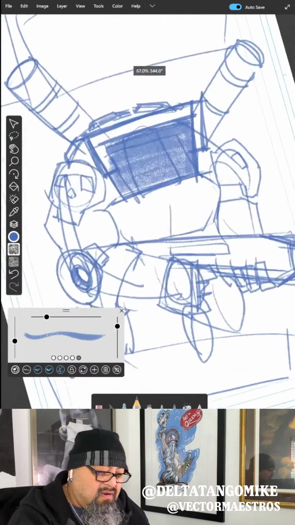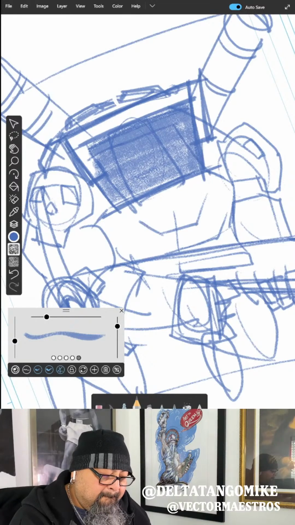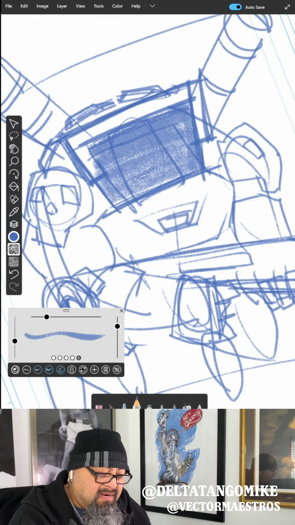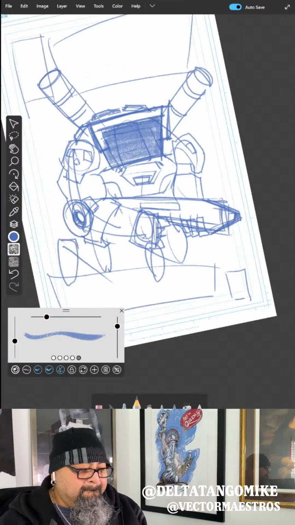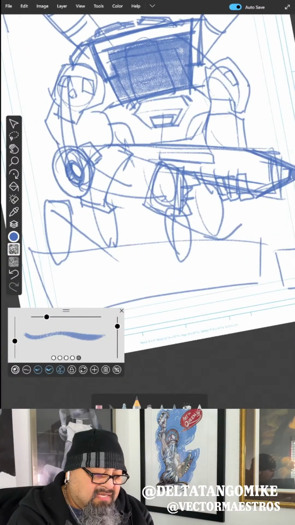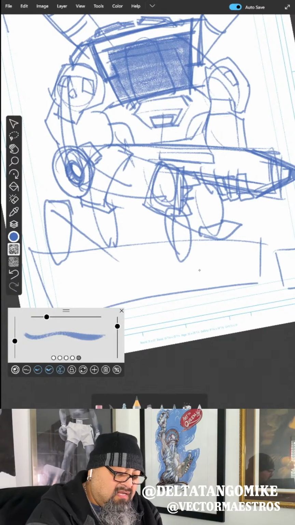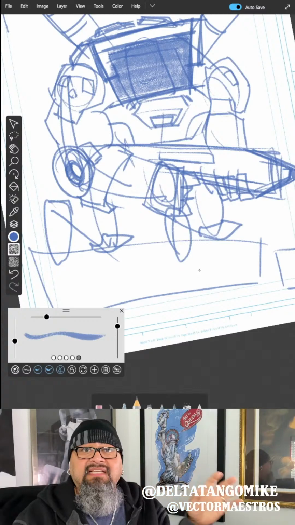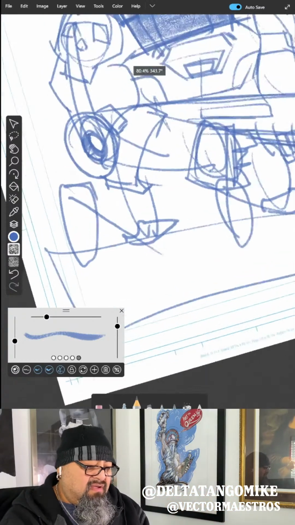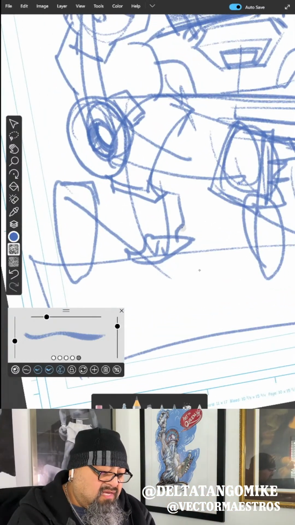Okay, cool. And then maybe some gear like this. Bam. And of course, some knee pads. Something going on in the knees. Not sure yet. Don't worry about all the details. Right now we're rough sketching it. It's just a rough sketch. That's all you want. Right now you want a rough sketch.